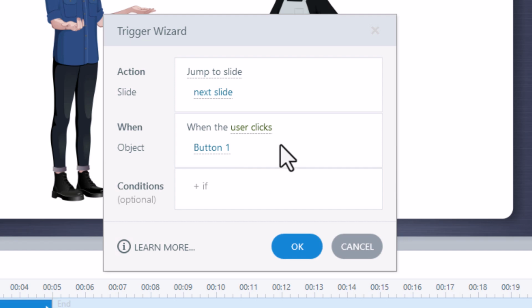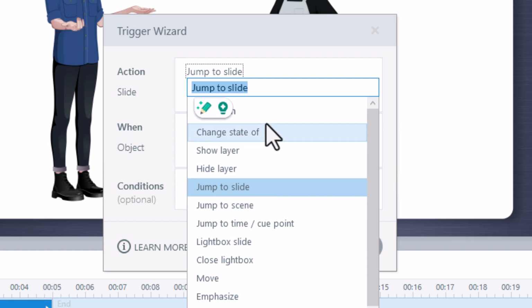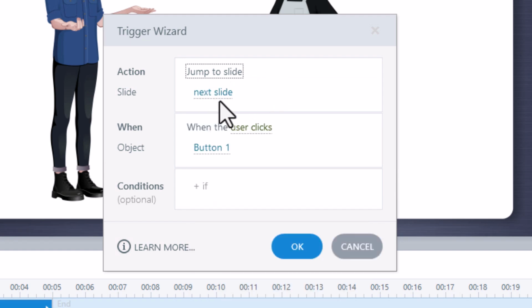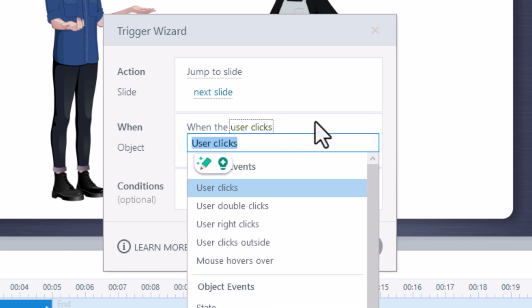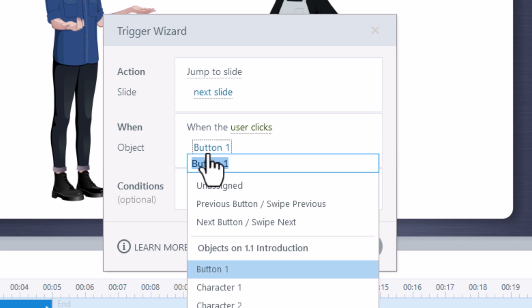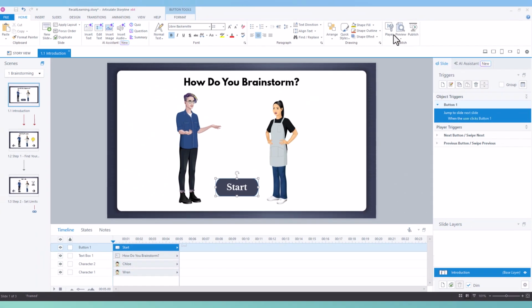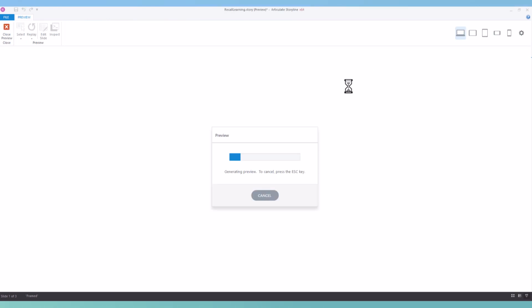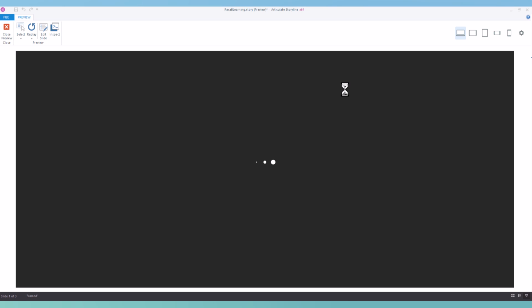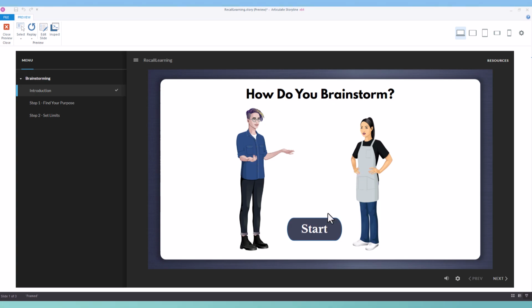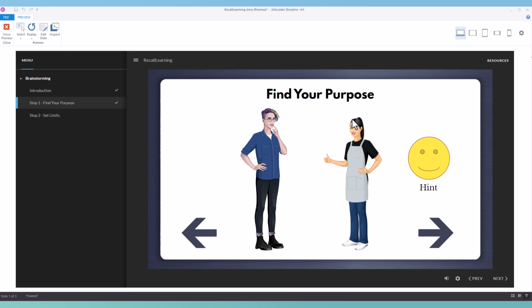Looks like it's already set in, but you can always change it by clicking on any of these to change the action, where it goes, next slide, when. All of these that are underlined, you can change to whatever you would like. So I do want it to jump to the next slide when the user clicks button 1. And then I'm going to make sure that it works, so I'm going to go ahead and preview the scene. As I generate this preview, I can see if I click the start button, it does in fact go